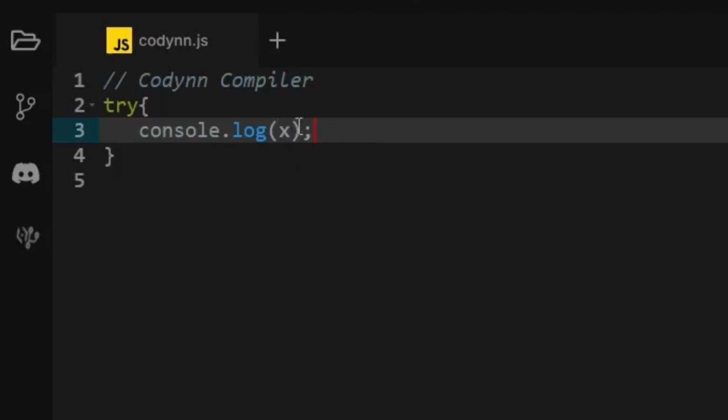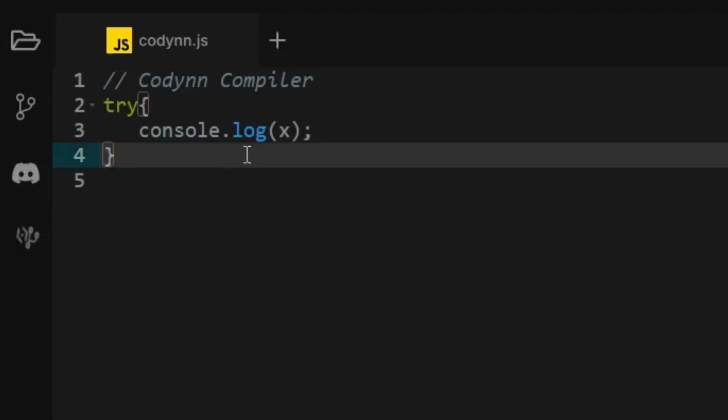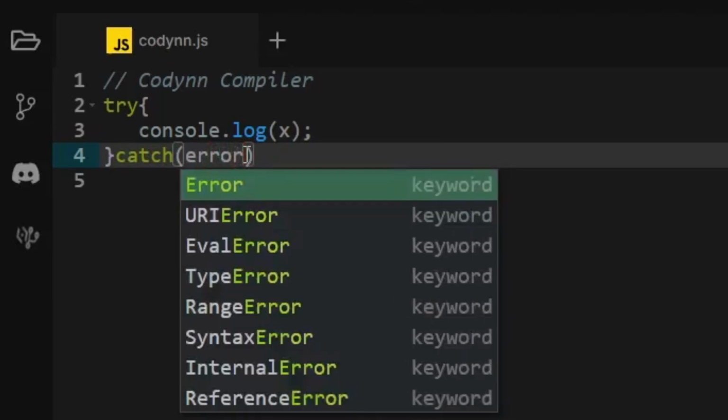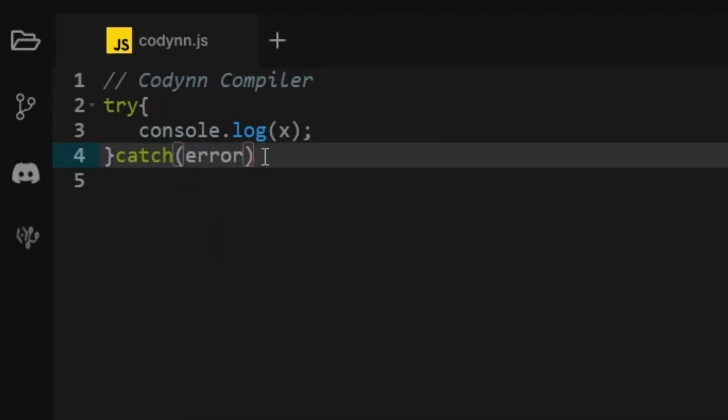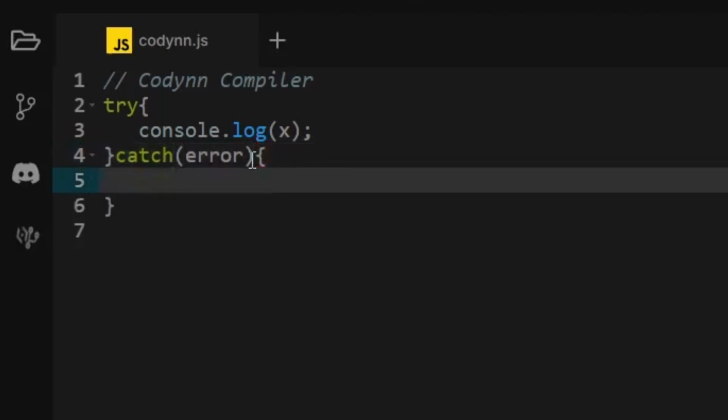Now JavaScript tries to execute the code inside the try block, and if everything goes well, great, it moves forward. But if an error occurs, it immediately jumps to the catch block. So catch, and we have to define a variable, let's say error for this. Now what happens is, if an error occurs, all the details about the error are stored in this variable right here. And open the catch block with curly braces and console.log